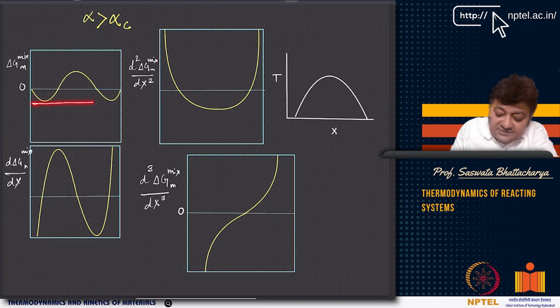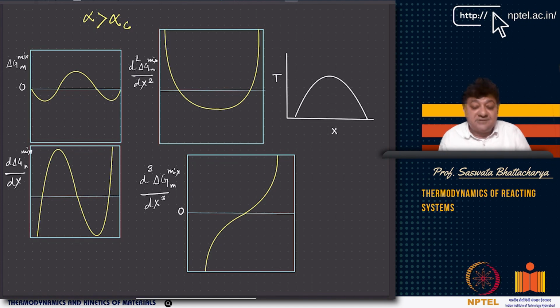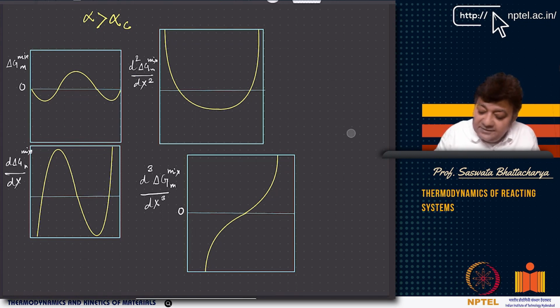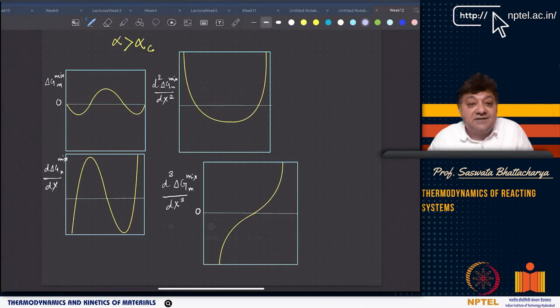We also found a common tangent. Because it's a single curve, if I just do del Gm del x equal to 0 and find the solution numerically, I'll get these points at different temperatures. This is drawn at a particular temperature, and as you go to lower and lower temperatures, the curve will be more spread out, and finally we'll see a phase diagram, which I have drawn already.